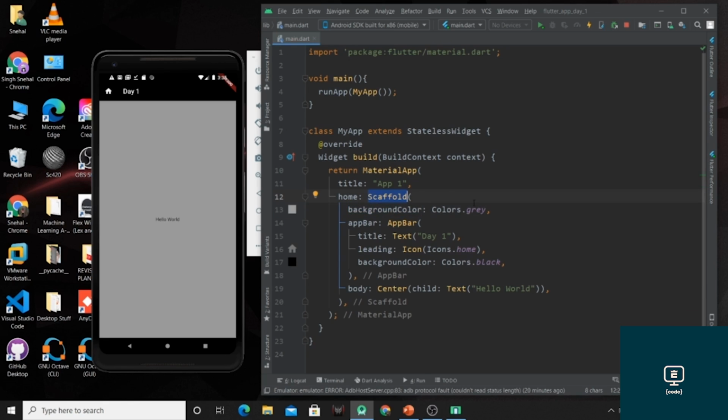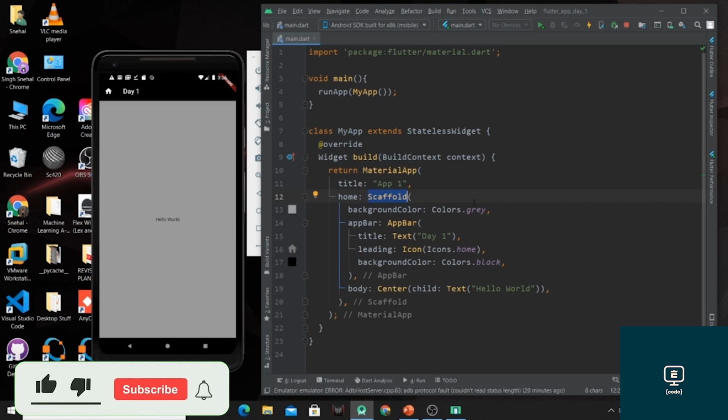Now we can also have the persistent footer button, bottom navigation bar, top navigation bar, and drawer, resize to avoid bottom insets. There are very many properties available for this scaffold widget. For that you can refer to the official documentation of Flutter.